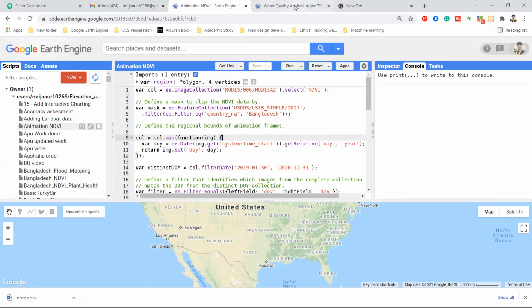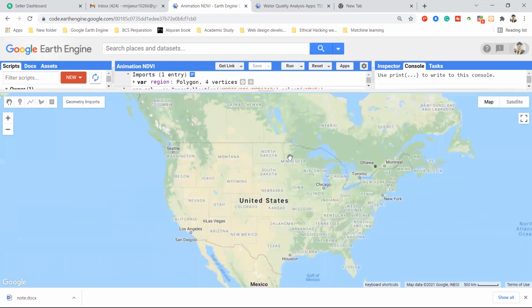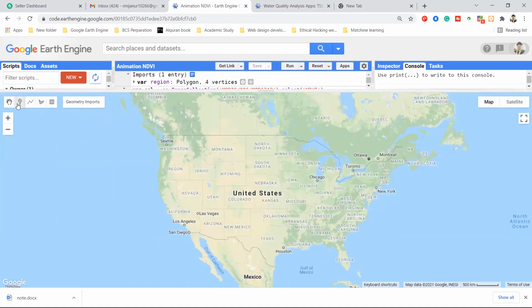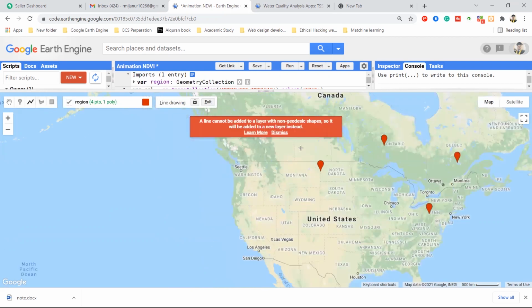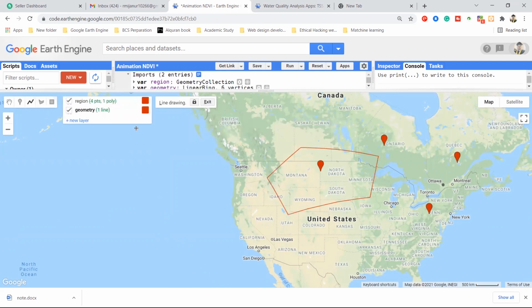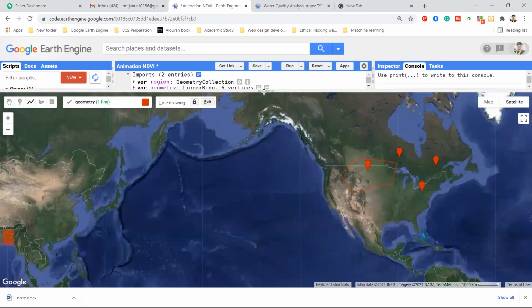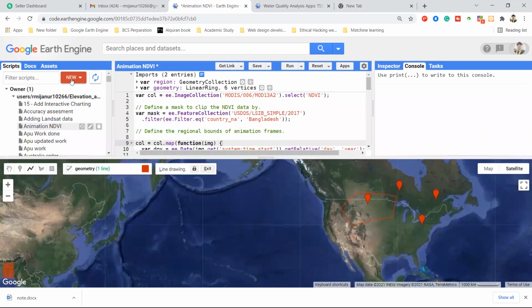So this is the application step, and this is the interactive map view interface. You can see the map result here, and this is the hand tool for moving the map, and this is the marker. You can easily add a marker to your map, and this is for the vector. You can easily make a line, polygon, and all of these things from here. Plus vector data, you can get all of these things. And this is the plus and minus for zoom in and zoom out, and this is the map view, and this is the satellite view. You can also get the satellite view from here. So, any question in this part of the user interface of the Google Earth Engine code editor?